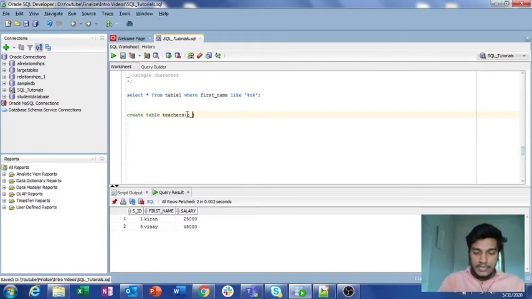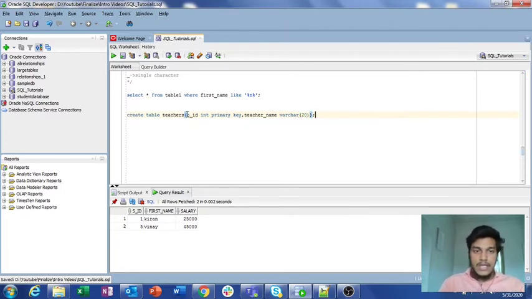Teacher ID is T_ID, which is an integer and a primary key, which is unique for every teacher. And one more thing I want to declare is teacher name. So teacher_name, which is a varchar of 20.